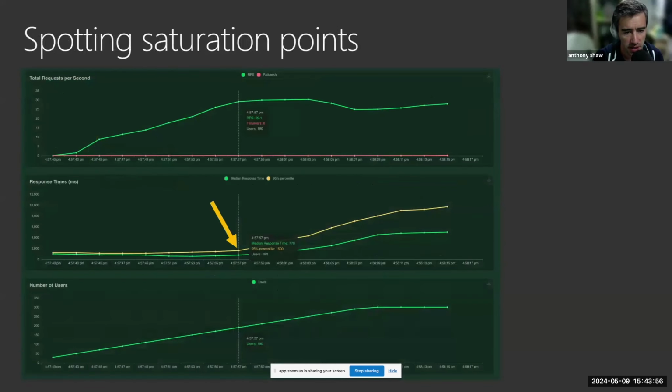You also see in this second graph that as I increased to past 190 users, it went from a flat line in the response times to a line that was trending upward. This shows me that that is a bottleneck in terms of the number of users that either the application can handle or there's something else that's causing a queue or a problem.